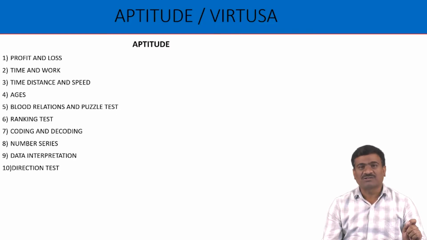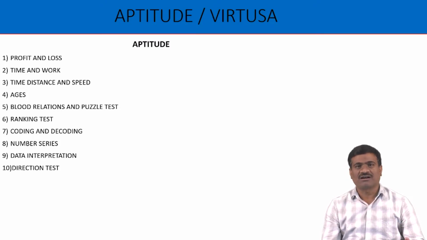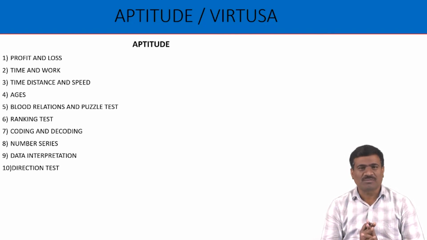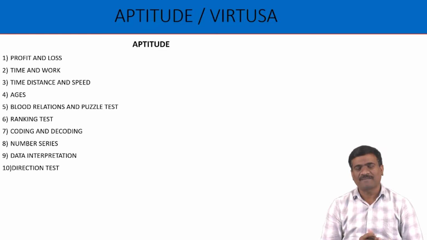Our part in the Virtusa test pattern is Section B, named aptitude ability test or mathematical ability test. Here, the total number of questions in aptitude is 10 questions, 10 marks, 10 minutes, target 60 percentage. That means the cutoff is only 60 percentage, meaning 6 marks to qualify. No negative marks. Next, in the aptitude test in the Virtusa test pattern, in total we have 10 topics